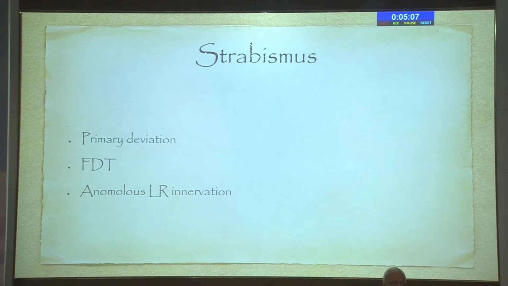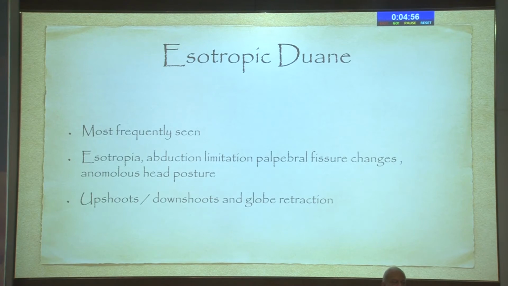If you are looking at operating for strabismus, it's not only the primary deviation or the amount of deviation which is important, but you also have to look for incorporating